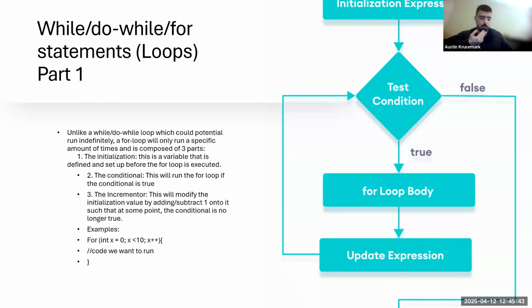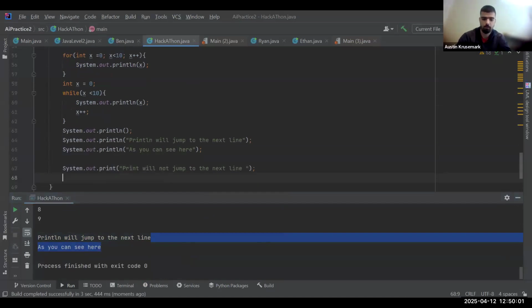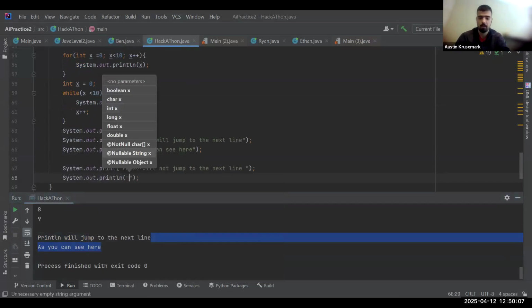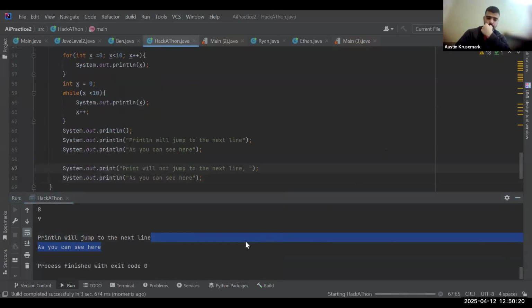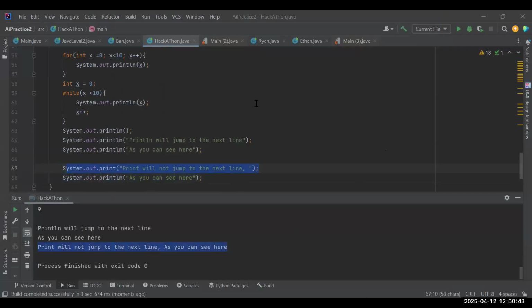From what I've experienced, while loops and do while usually involve user inputs. You see here, on one line we have println, which will jump to the next line, and then I'm going to do System.out.print. Although in this case it doesn't really matter. I just want to showcase what print would do. As you can see, even though I did make this statement on 2 different lines,